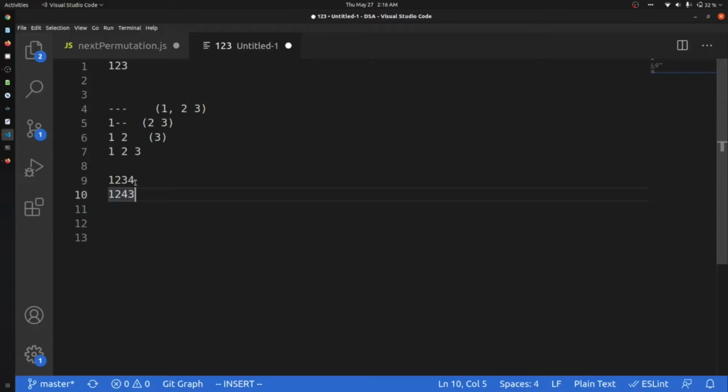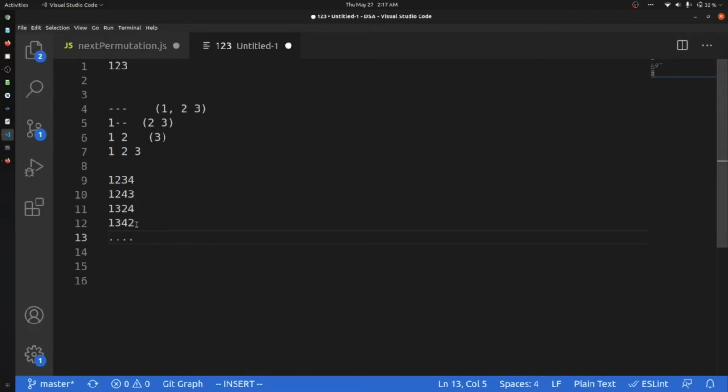After that, the output will be 1, 3, 2, 4. Yes, I think it is right. And then it will be 1, 3, 4, 2. So 1, 2, 4, 3, then 1, 3, 4, 2, and similarly it will go on like that.